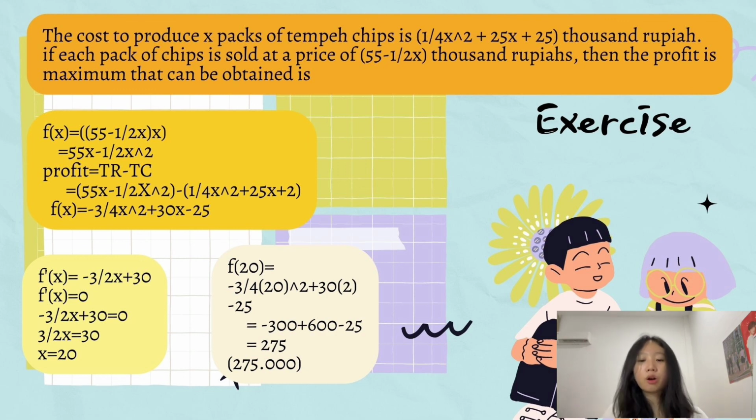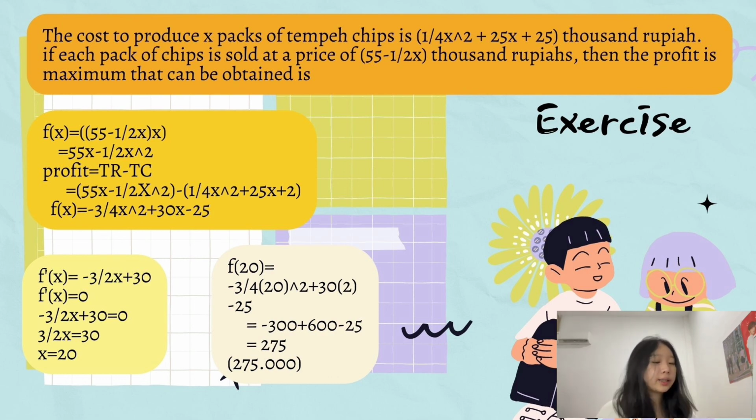So the function of profit was total revenue minus the total cost, where the total revenue was 55x minus half of the x power of 2, minus the total cost, which was 1/4 of x power of 2 plus 25x plus 25,